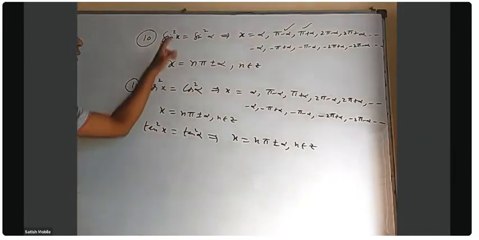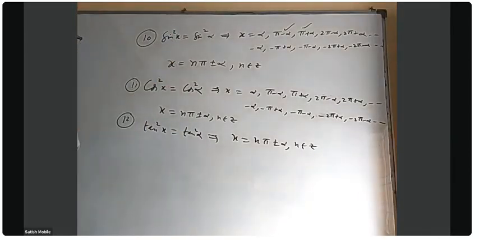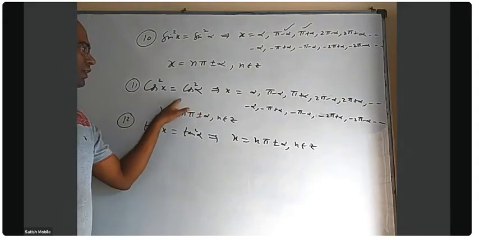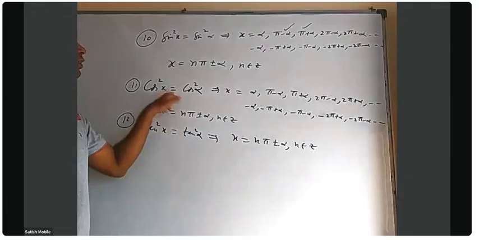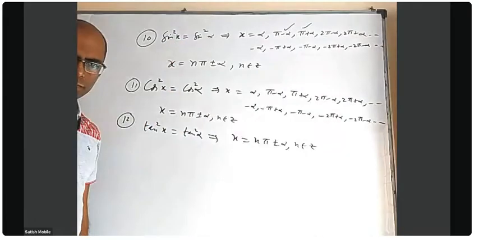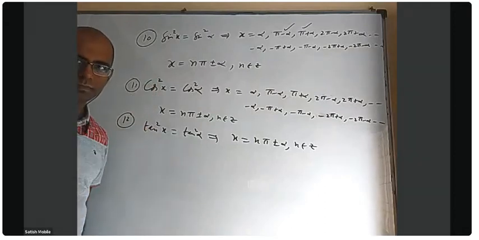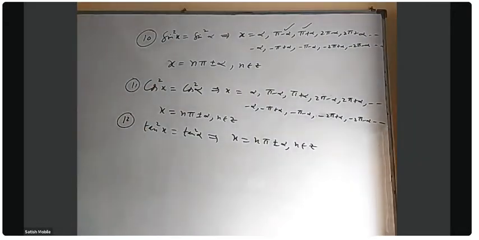Okay. In fact, all are equivalent only. I'll show you how they are equivalent. Write this cos square x as 1 minus sin square x. This cos square alpha is 1 minus sin square alpha. Cancel 1. Will you get this equation? Yes, sir. And divide this by this, you'll get this equation. Okay, so they're all the same.